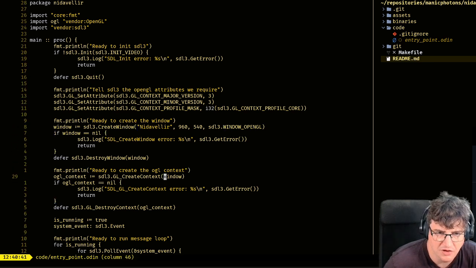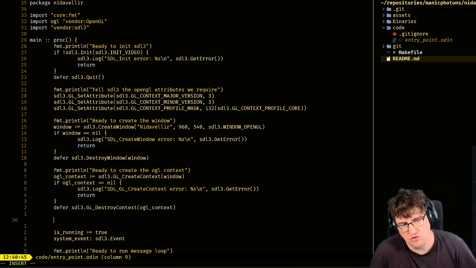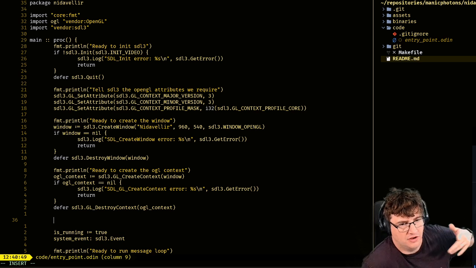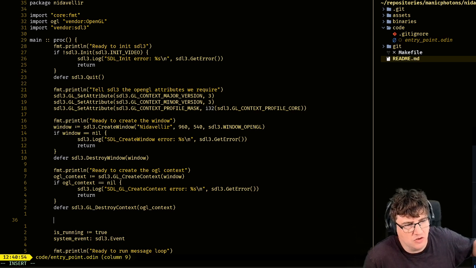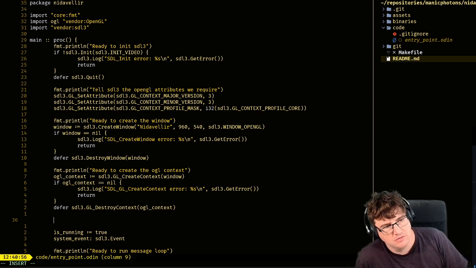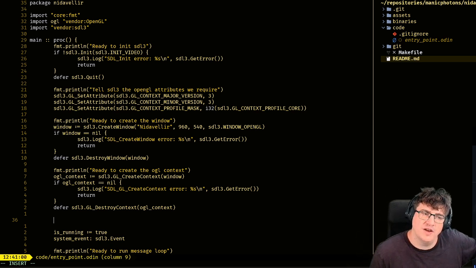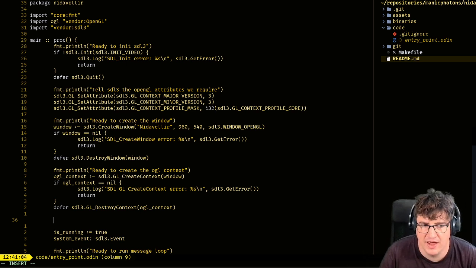Then I create the context from the window. However, in OpenGL, you need to load the functions that you're going to use into your context. They're essentially function pointers that are set there waiting to be used. Until they're assigned, they're just pointed to nothing. Therefore, if you call one of those functions, you're going to get a segfault. So I think that's what's going on here.